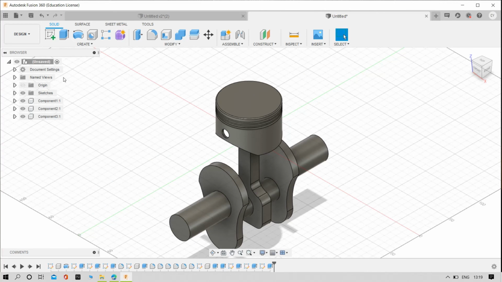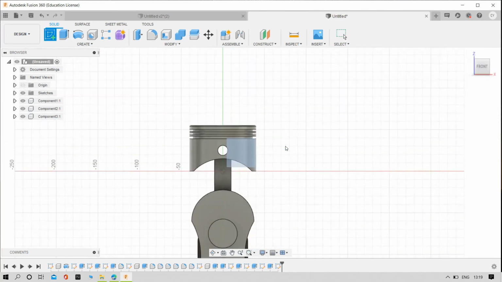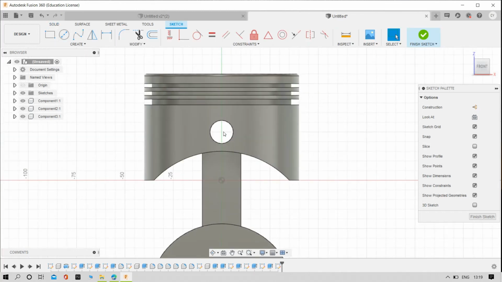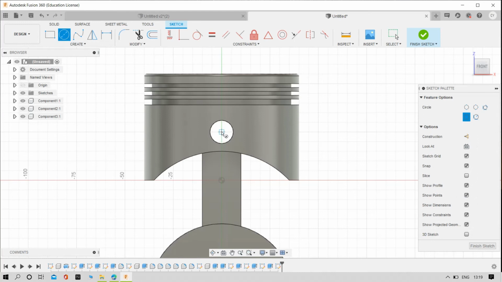And again we need to create a sketch and then try to select the plane and then try to draw the one circle with a dia 12 mm. Perfect.